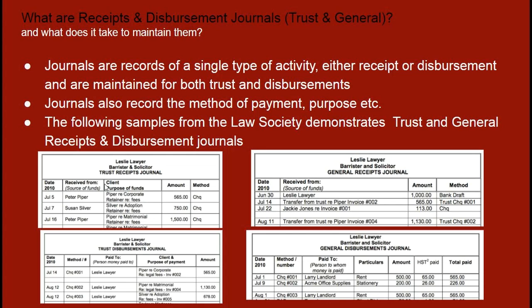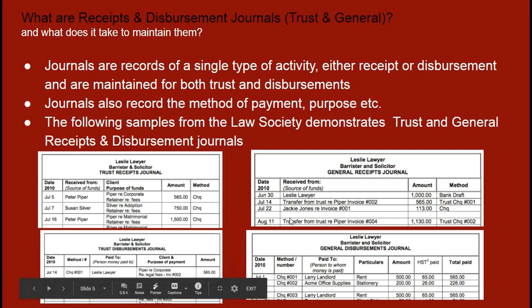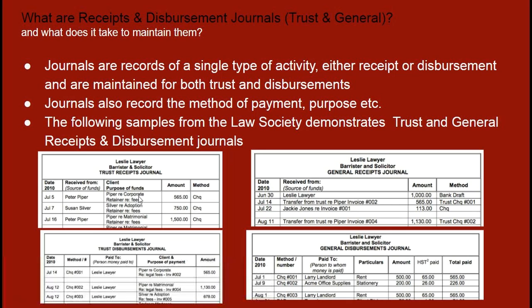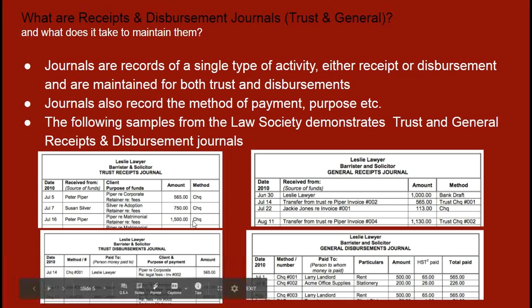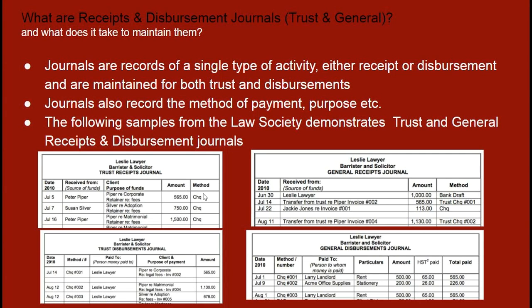Okay, so ledgers tell a story. It can be an overall summary. Journals go one step further to say, okay, you received that $40,000. How did you get it? So the same date. Who did you receive that money from? What was the purpose? So it could have been retainer, mortgage payment, whatever, right? The amount, of course. And an important column in the journal is the method.